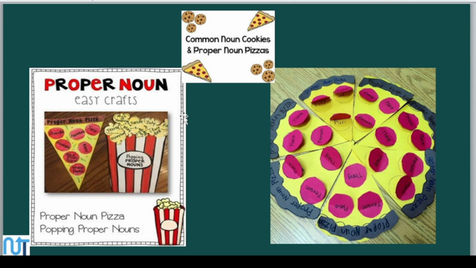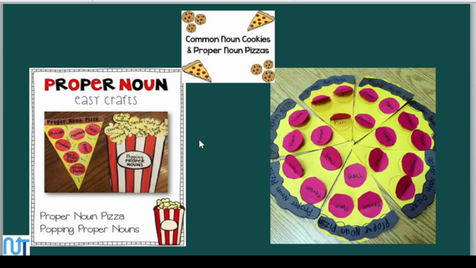Yay! For this you need art and craft material. Okay, so just take your project paper. As you can see, make a slice of a pizza, proper noun pizza, and on this you can make and stick an example of one particular thing in each and every slice and just make your pizza ready. For common nouns also you can do the same, or if you want you can make all the cookies, right? It's all up to you. You can use your own creativity. So don't skip, just give it a try. Even I want to know